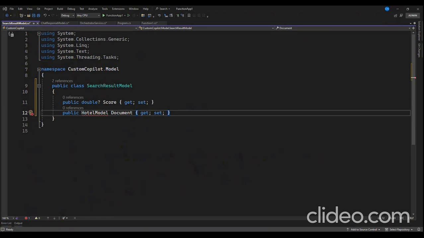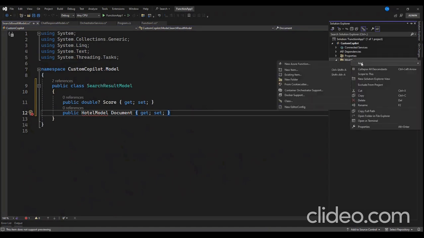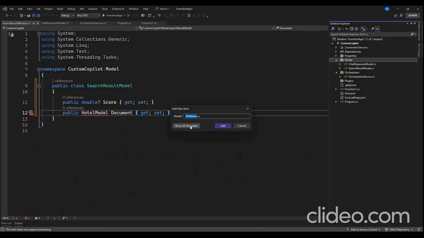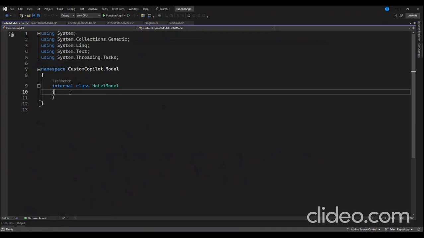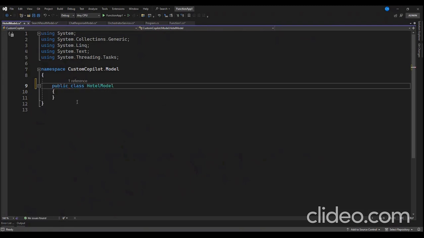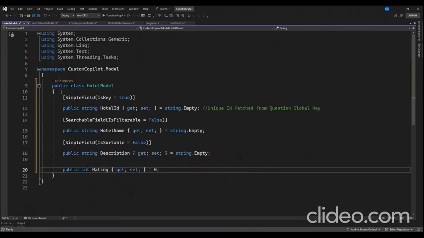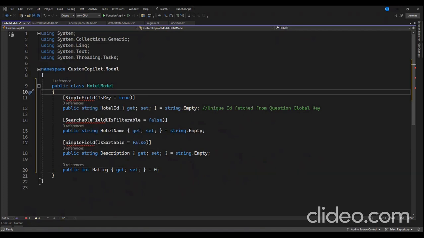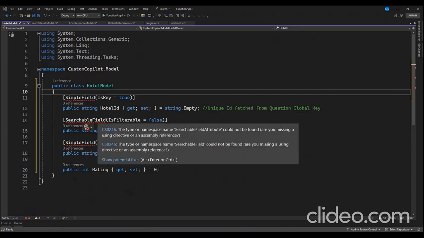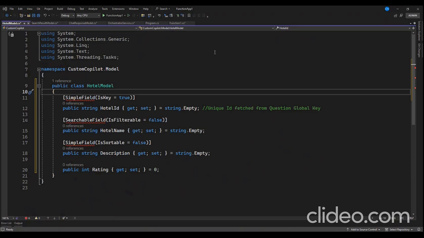Now it's a hotel model. So let's create one more model, which is going to map the data with a JSON structure and add whatever attributes we have defined in the Azure AI search while doing indexing, with their data types. So it will help us to map those sections, right? Let's add them, okay. So this section is the searchable fields. Okay, we need to add the